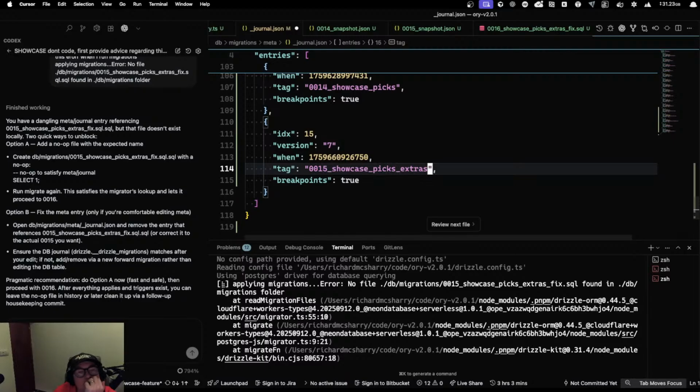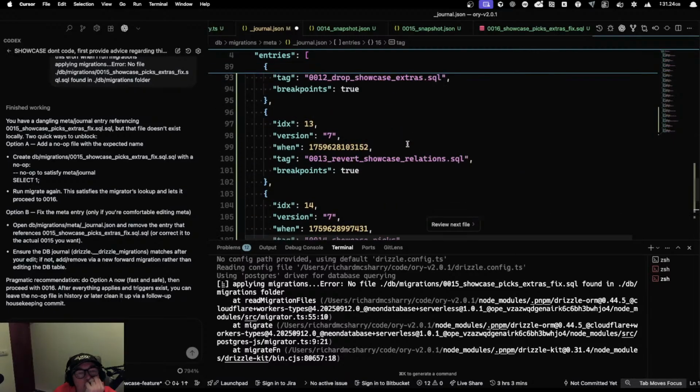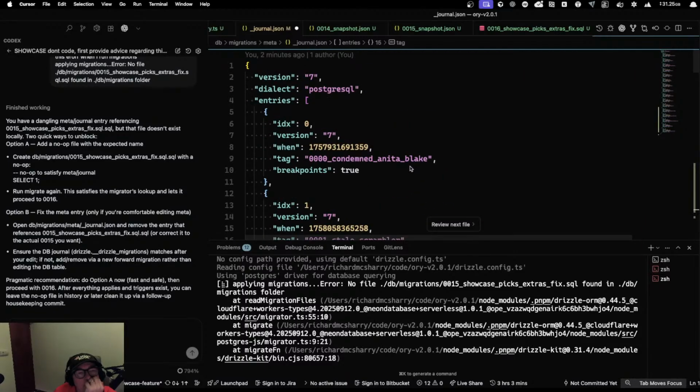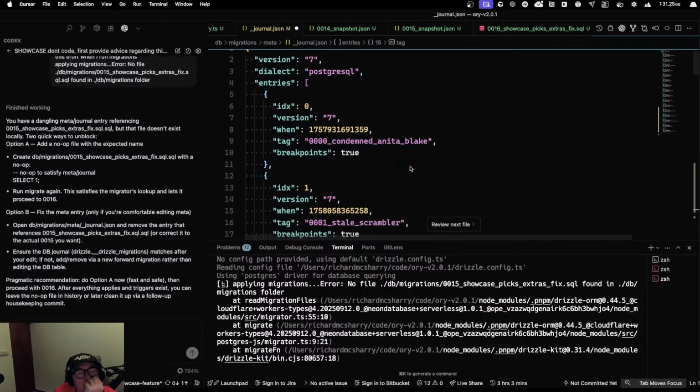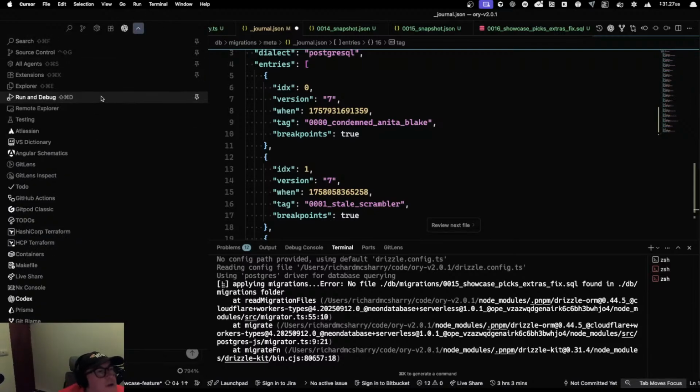No? Yeah, where's that gone wrong? Okay, so the index is 0 and the tag starts with 0, but is that actually what we see? Is that actually reflective of what we see in the